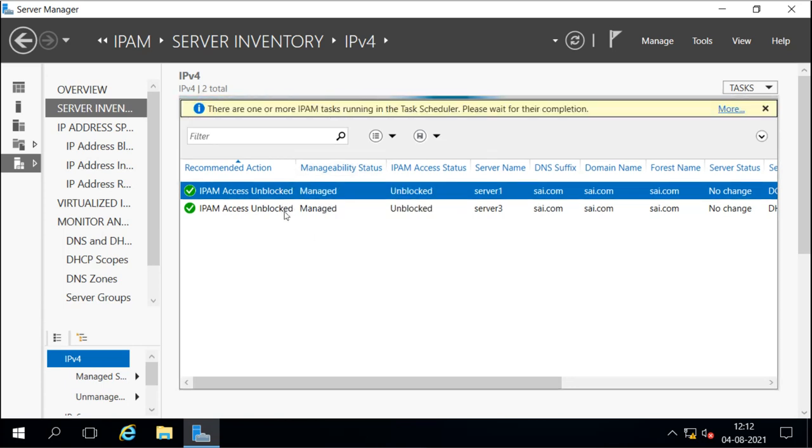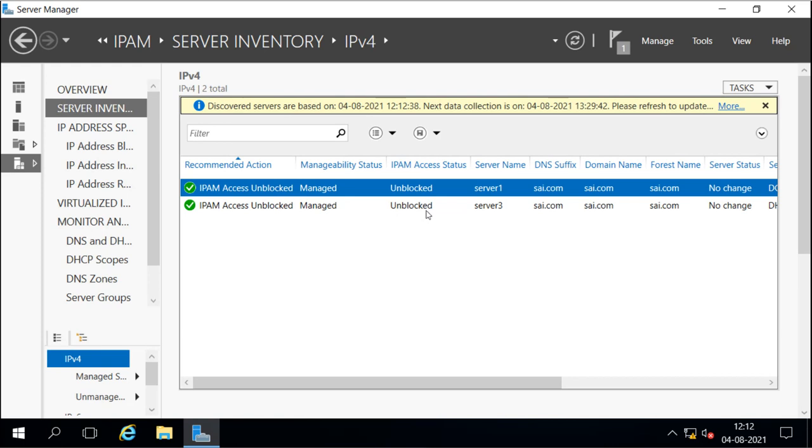It will refresh the status, and then you can see whether you have the option to manage or unmanage, or whether it is blocked or unblocked. After it is updated, you refresh the view, and then you will see whether it is managed or not.